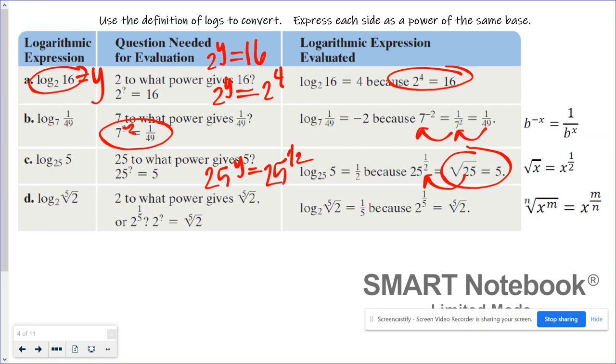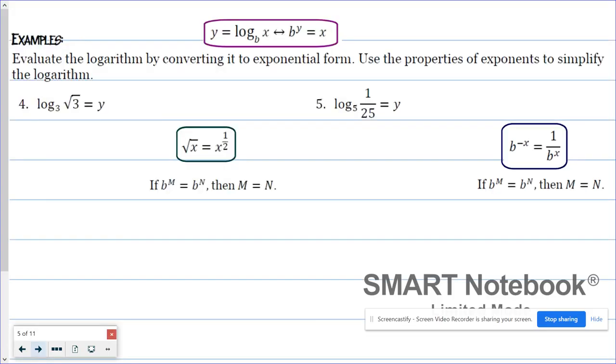But this is what we want to be thinking about when we are evaluating a simple logarithmic expression. So let's see it from start to finish. We're going to evaluate the logarithm by first converting it to its exponential form, and then we're going to use the properties of exponents to simplify. So number 4, I have log base 3 of the square root of 3 is y. I'm going to rewrite it in exponential form. The base of the log is the base of my exponential. The log equals the exponent. So I have 3 to the y, and then I fill in the rest: